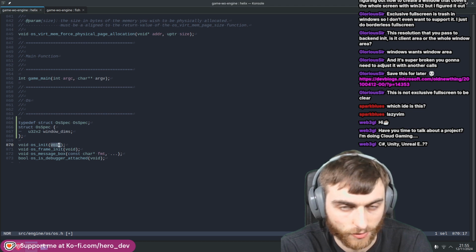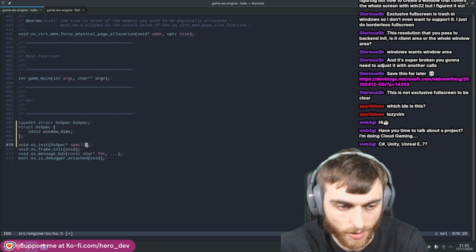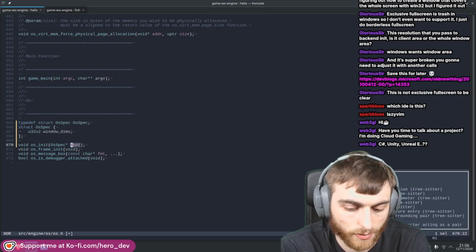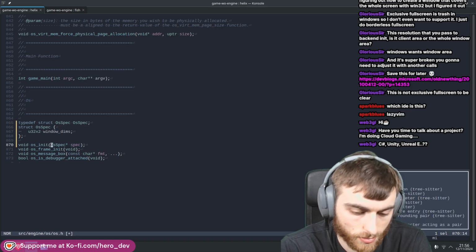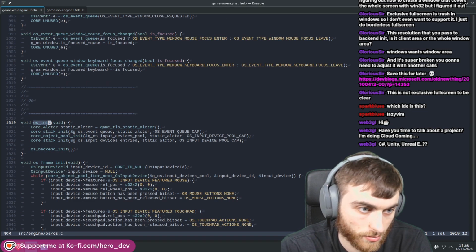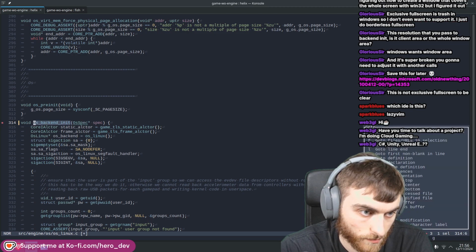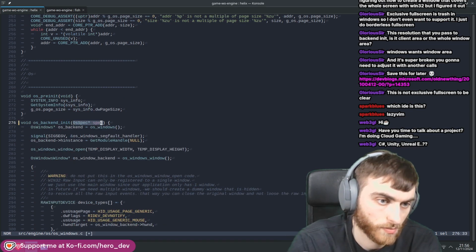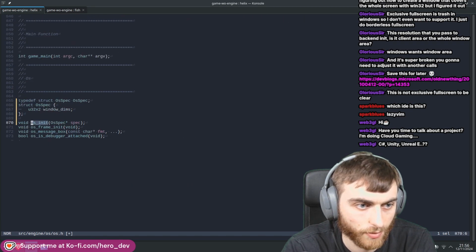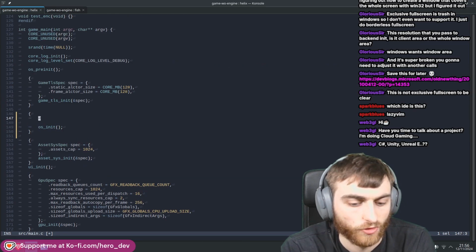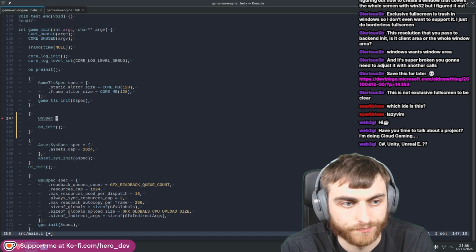I'm doing a structure because you probably want to change it, and you always have to change a million prototypes and stuff like this. So it's just a lot easier to work with. All right, so it's got passed around. So we'll go OS spec